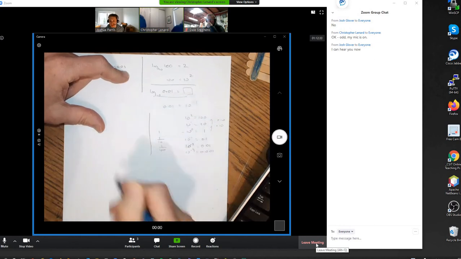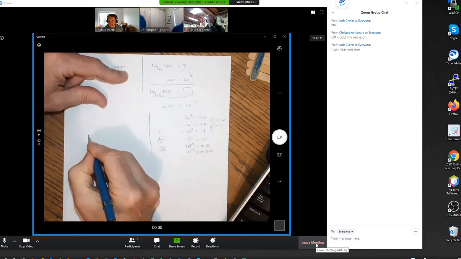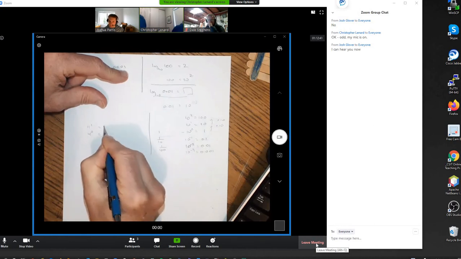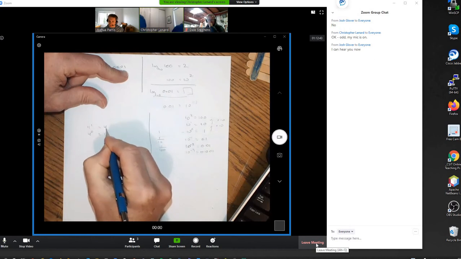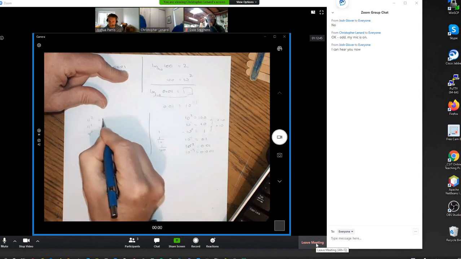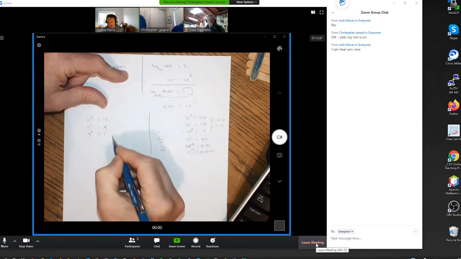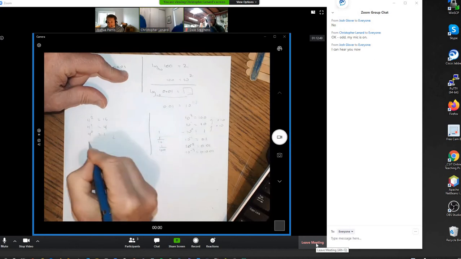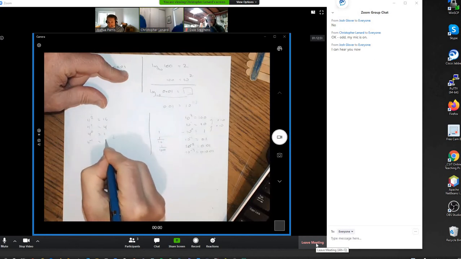So we're going to do roughly the same thing with our 4s. So 4 to the 0 is 1. 4 to the 1 is 4. 4 squared is 16. Now, when we go this way, 4 to the minus 1 is, what's that going to be, 1